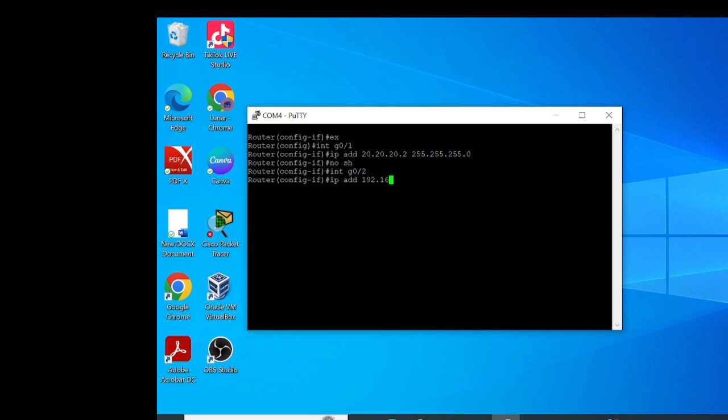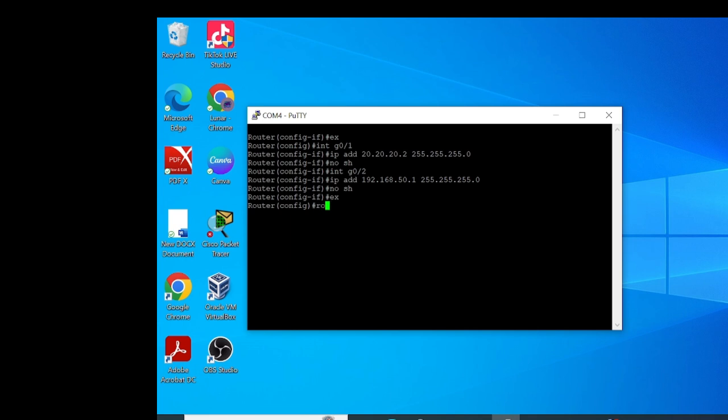It can be any address you choose. And don't forget to enter the subnet mask. And then enter no shutdown, like this, and then exit. Yeah, like this, like on the screen.